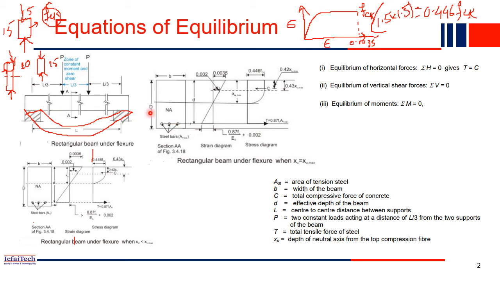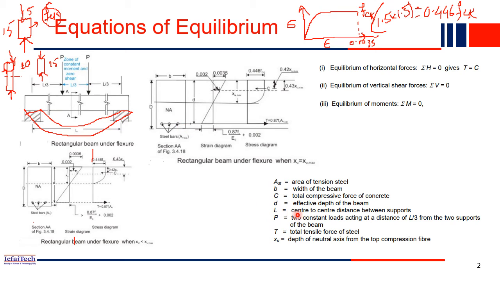So this capital D is the entire depth, but small d is from the top up to the steel level. This depth is also called the effective depth of the beam. So capital D is the overall depth of the beam, whereas small d is the effective depth of a beam. Now you understood the concept here. And this portion, capital D minus small d, this small portion, we call clear cover. Cover basically we are keeping here.